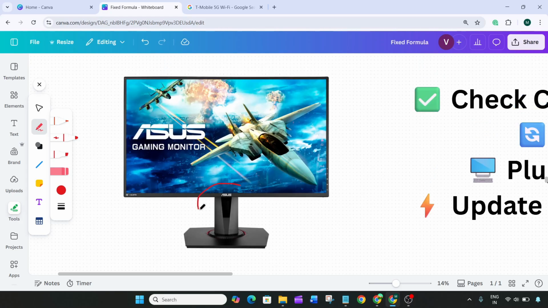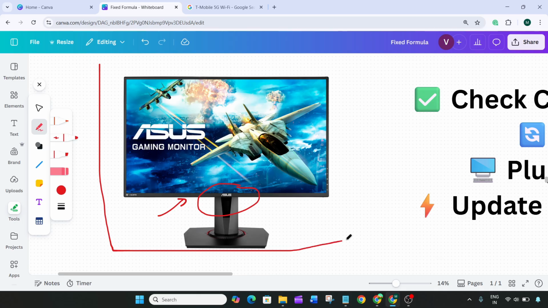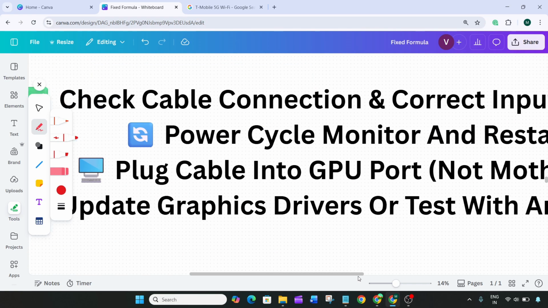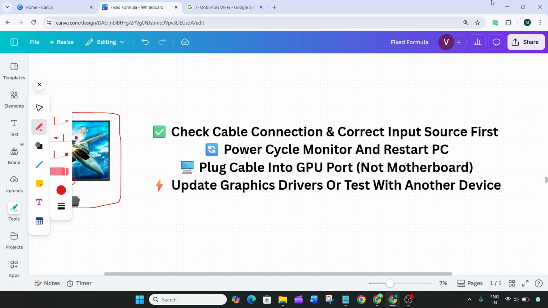If your ASUS monitor shows a no signal error, the issue is usually related to connections or display settings and can often be fixed quickly. Start by checking that the video cable is firmly connected to both the monitor and your computer, and inspect it for any visible damage. Then open the monitor's menu and make sure the correct input source, like HDMI or DisplayPort,